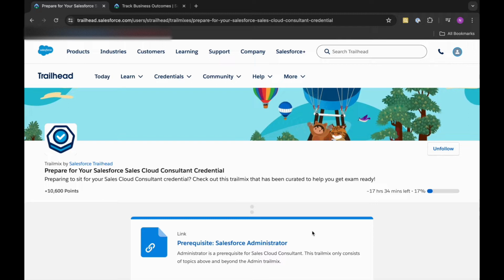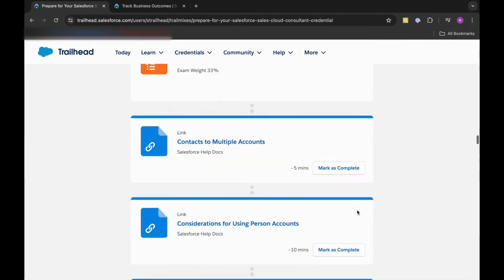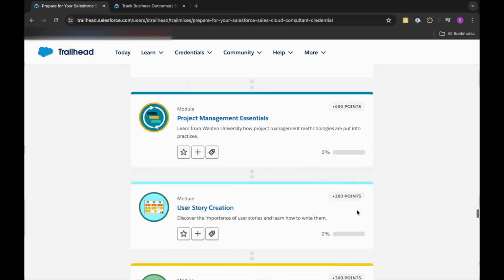And as in our previous series, we have done preparation for Omni Studio Developer certification. Now, similarly, we'll be preparing for Salesforce Sales Cloud Consultant. I'll be pasting the link of this TrailMix given by Salesforce Trailhead, and we are into it, and it is totally of approximately 59 hours when you will be signing up for it, but it is showing me complete for